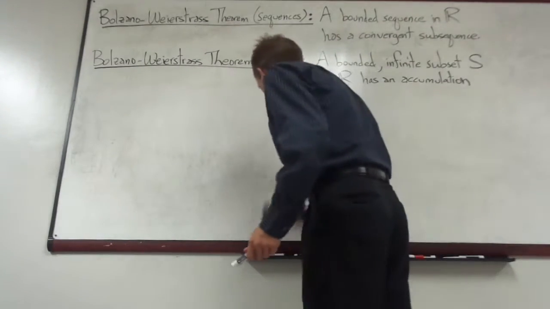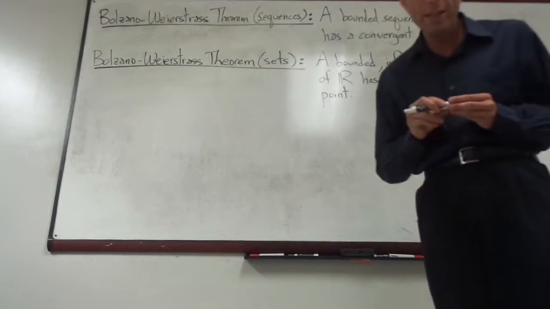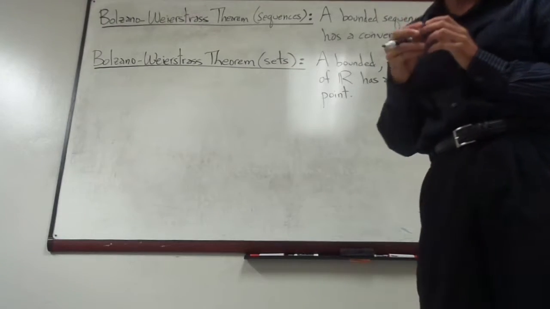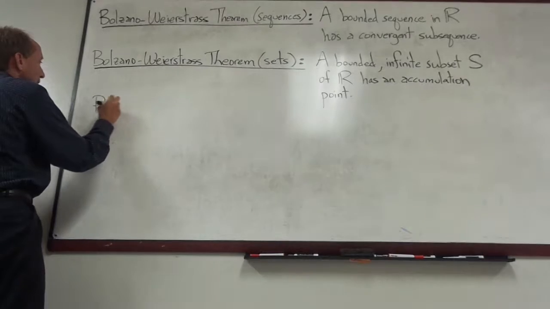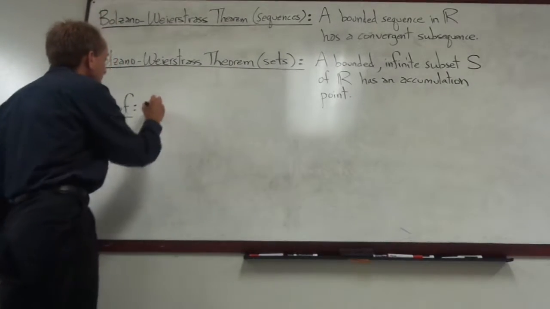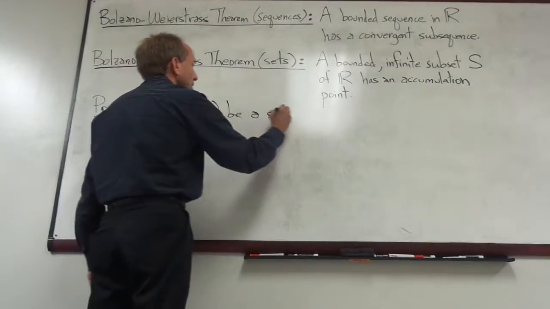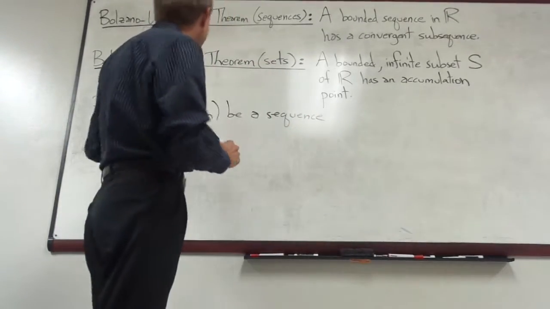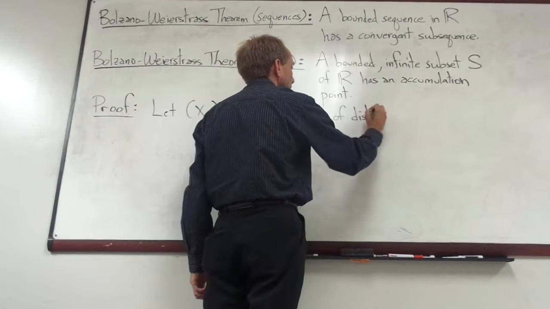Let me go ahead and write down the proof of this Bolzano-Weierstrass theorem for sets for you so that we can try to make some sense of it. Here's what we're going to do for the proof of this, because I didn't get a chance to do this in class. It's not too bad. We're going to use the first theorem to prove the second theorem. So we're going to take a sequence of distinct points